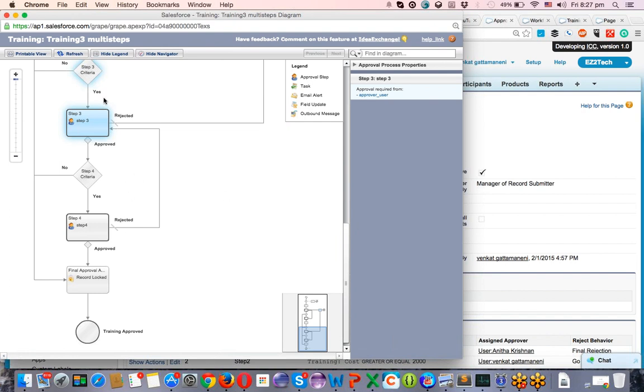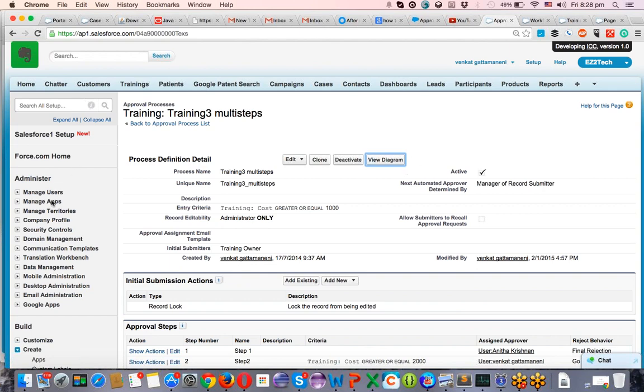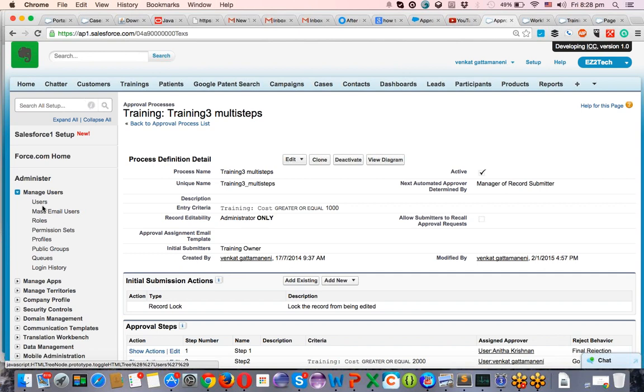Got it? This is how you can configure things. Anyway, let's leave the approval concept and let's move on to the user management. If you click on users,